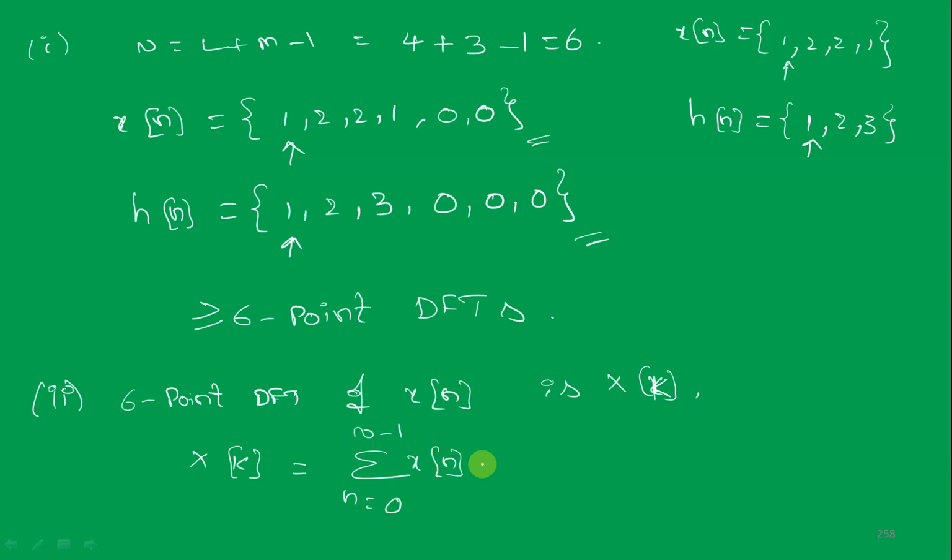We know that omega N power kn, or e power minus j 2 pi nk by capital N. Here k value is 0 to N minus 1. Here substitute N is equal to 6. So now x of k is equal to